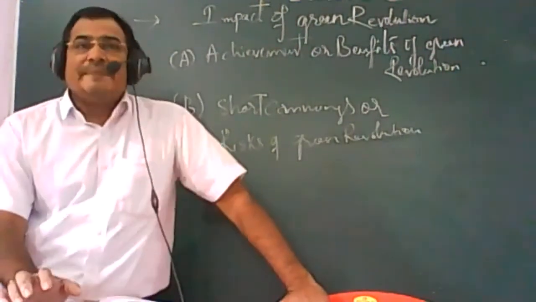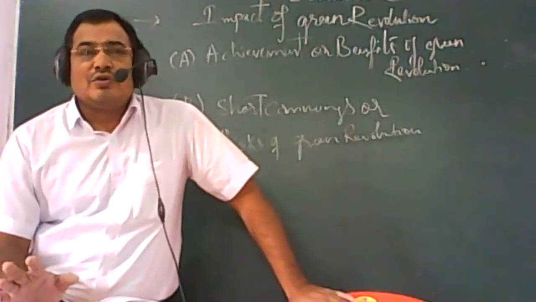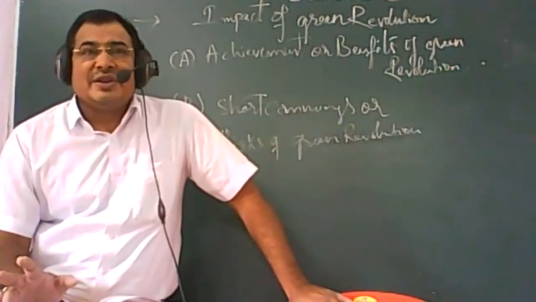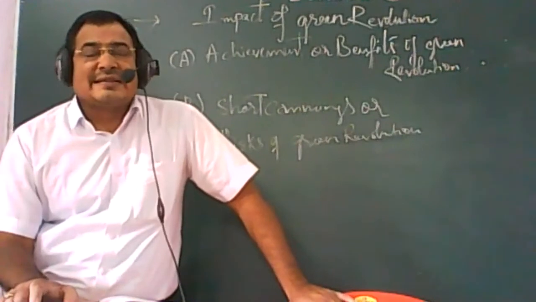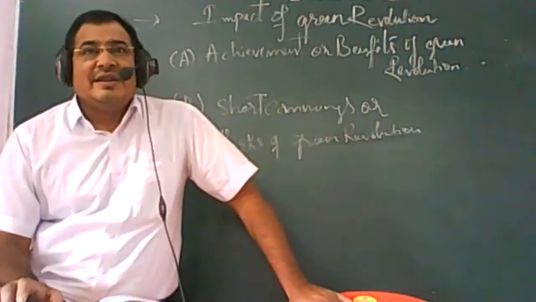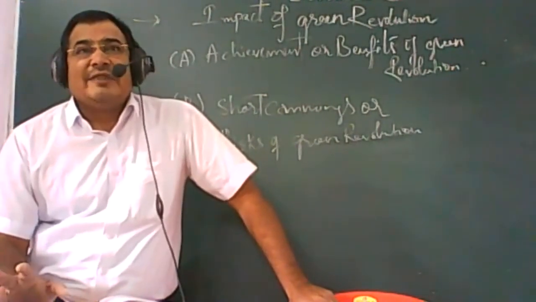In this way, try to understand by going through different books or the net, by which you can understand these concepts. So in the next class, we will discuss the industries